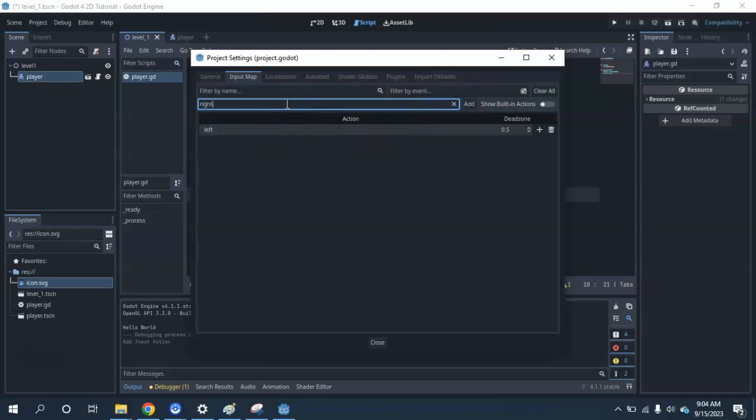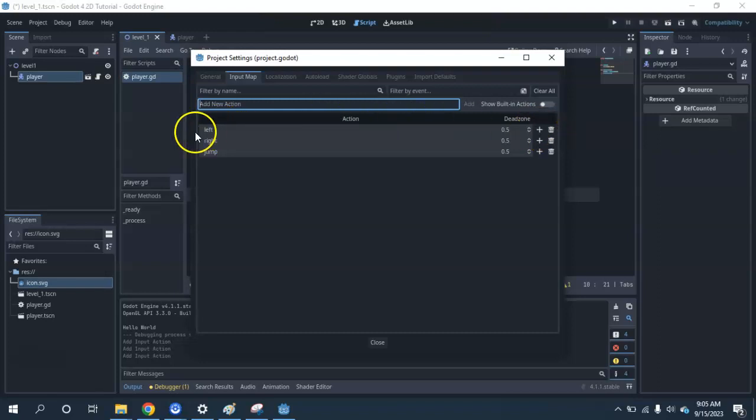I want my character to be able to move right. So I'm going to make a right one here. Later on, I know that I'm going to want my player to be able to jump. So I'll do that. And maybe you've got shooting things or you've got crouching or all sorts of other things. I think we'll stick with just these three actions at the moment. These are the possible things that my player can do. And now I get to add